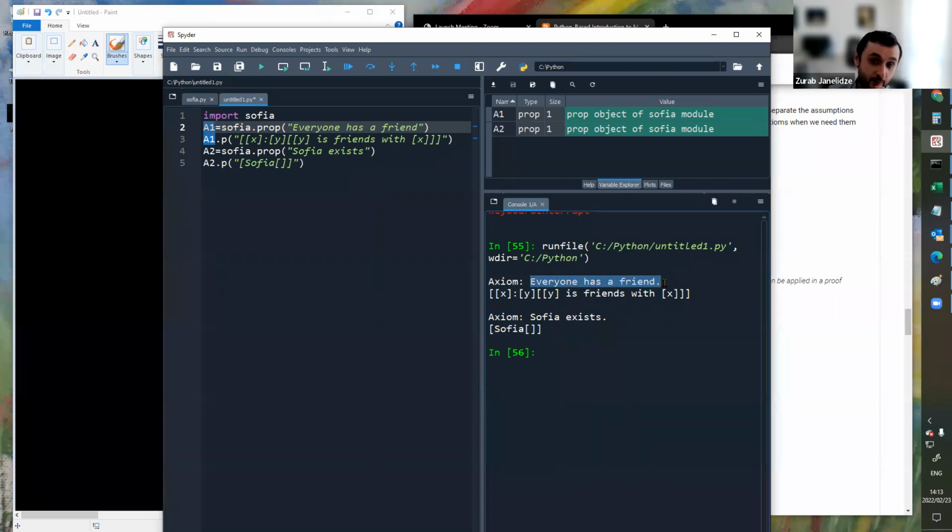So the way we justify this is to make sure that these are reasonable beliefs, right? Certainly the belief that everyone has a friend, one can argue whether it's a reasonable belief or not. Maybe it's not even true. But if we consider only those people who do have friends, and when we say everyone, we mean only these people, then in that context, this might become a reasonable axiom. And then, of course, the second axiom could also be argued whether it's reasonable or not. What does it mean to exist? If it just means that the file sophia.py is on my computer, then perhaps we can also accept that axiom.